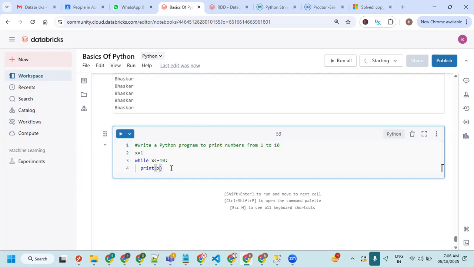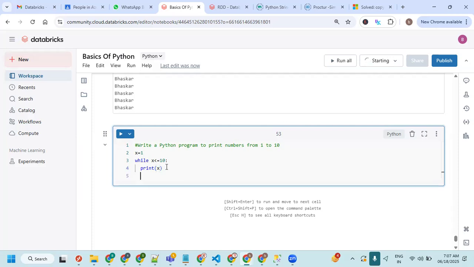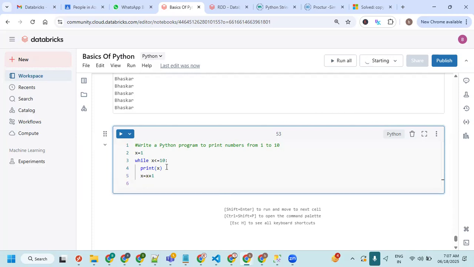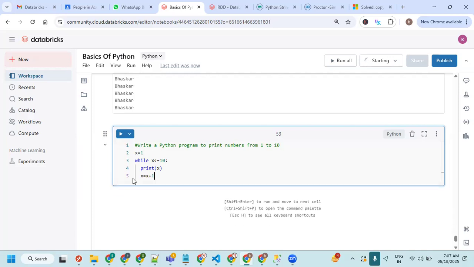We don't need to write that much detail because we're not going to work with pure Python. If you're going for data science or data processing with Python, then you may go for that. But when it comes to our Databricks, most of the things we are going to use are the Databricks capabilities, not Python capabilities. So let's increase this value: x equals to x plus 1. That's all. Now if I run this one, it is going to give